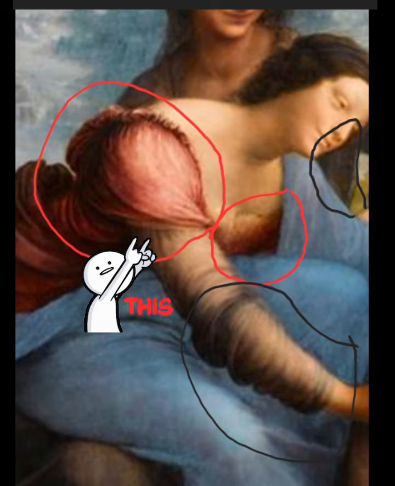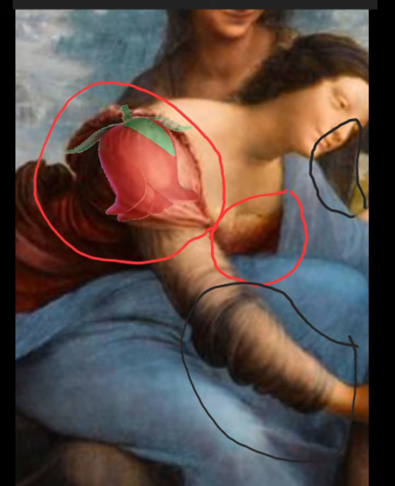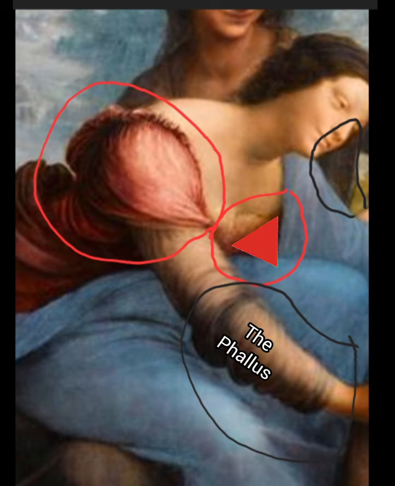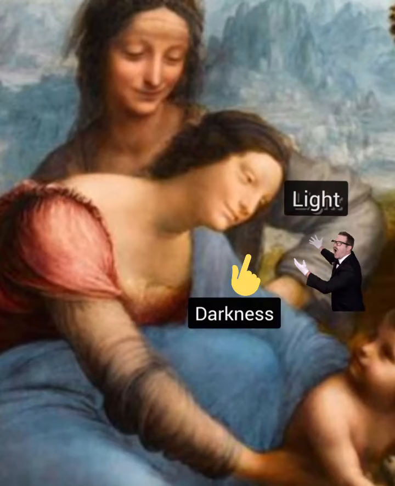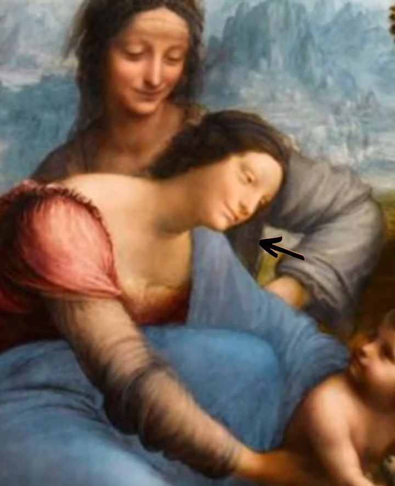You will notice there's an eye inside of the pyramid on Mary Magdalene's chest. What I have circled in red represents the feminine energy, the vagina. The shoulder part represents the rose. The inverted pyramid represents the vagina. Next to the illuminated pyramid is the black pyramid, from darkness to light. The checker floor, the black pyramid, represents the birth canal.